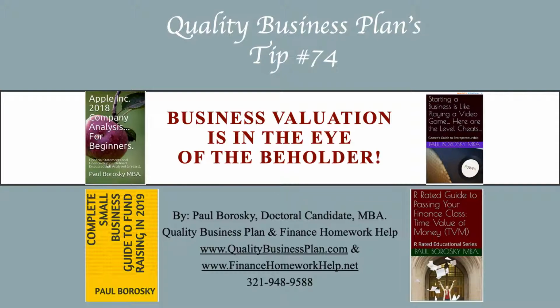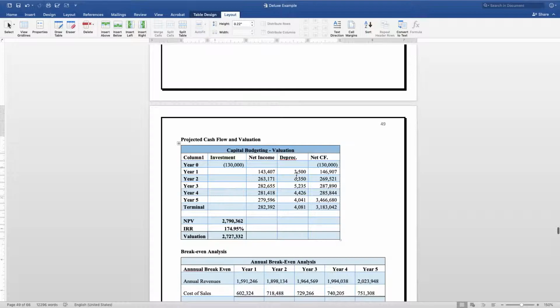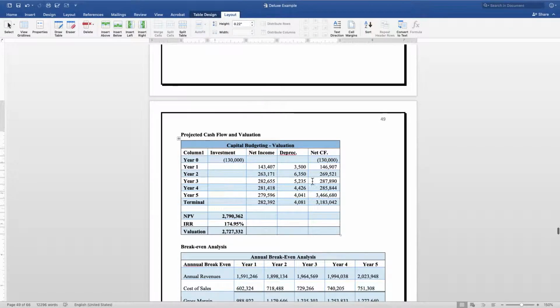Unfortunately, that is not necessarily the number you're going to be able to get if you try to go out and sell your business. So there's a lot of different factors that go into it, and there's no way to cover business valuation in your business plan. However, giving the reader a ballpark idea what your business is going to be worth based on quantitative factors, based on finance procedures and numbers, at least gives you some kind of an idea that's supported and justifiable. So when we do our business plans, we will usually put in a section called the projected cash flows and valuation.